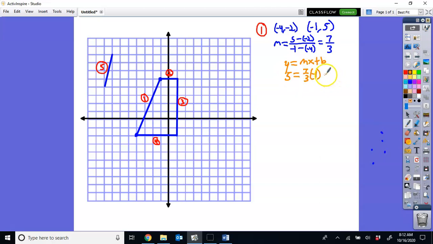plug in my x value, and then I find b by doing